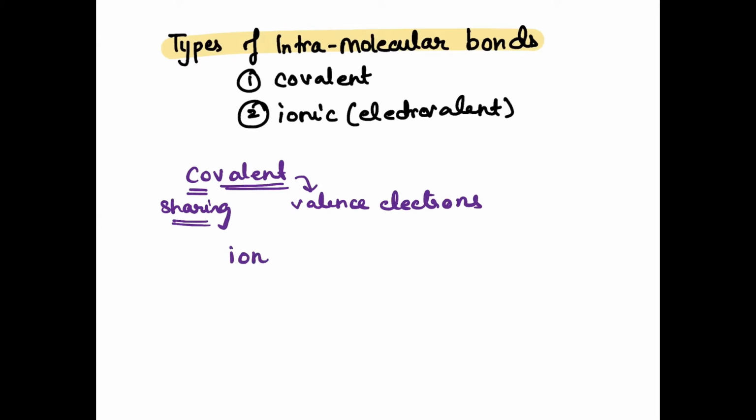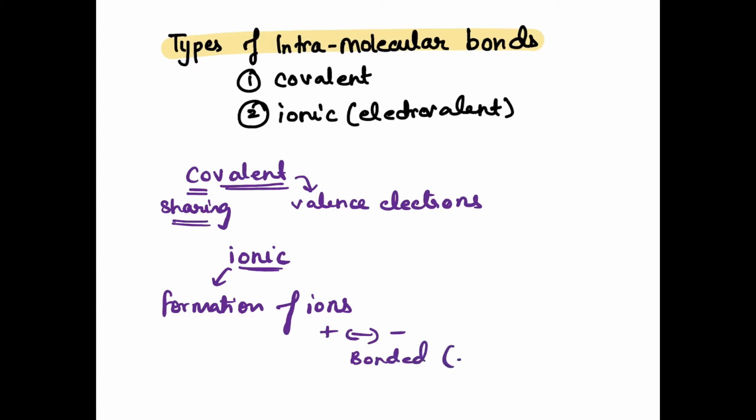While in case of ionic bond, you have the formation of ions which takes place. That is, you have atoms with positive charge and negative charge being formed, and then with electrostatic forces, since the plus and the minus charge attract each other, they are getting attracted to each other, and that's how they are getting bonded by the electrostatic forces. And in case of covalent bond, due to sharing of electrons, you'll notice there is an overlap of the orbitals.